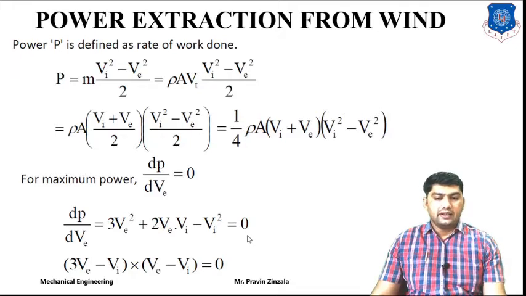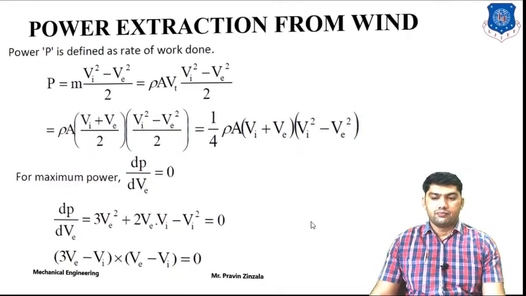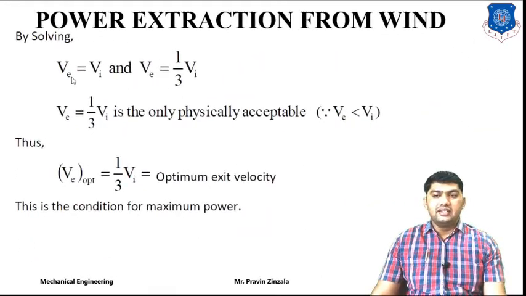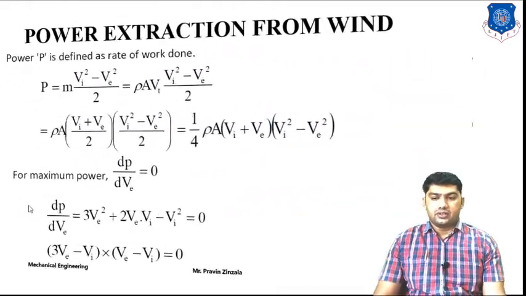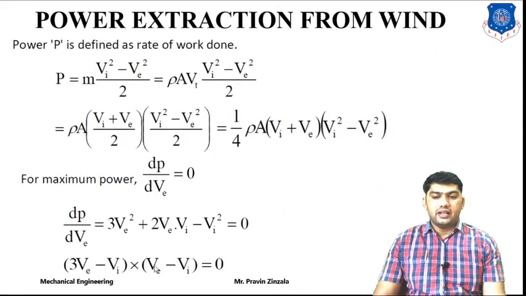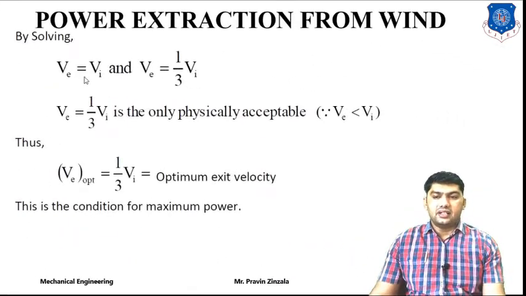So this is the final equation. By simplification of this equation is equal to 0, we can also get 3V minus Vi into V minus Vi. This is the mathematical equation, or we can also say 3V Vi minus 1V Vi. So we can simplify this equation. Finally we will get V is equal to Vi from this equation. 3V minus Vi into V minus Vi is equal to 0. So by the mathematical equation, we will get the conditions V is equal to Vi, and V is equal to 1/2